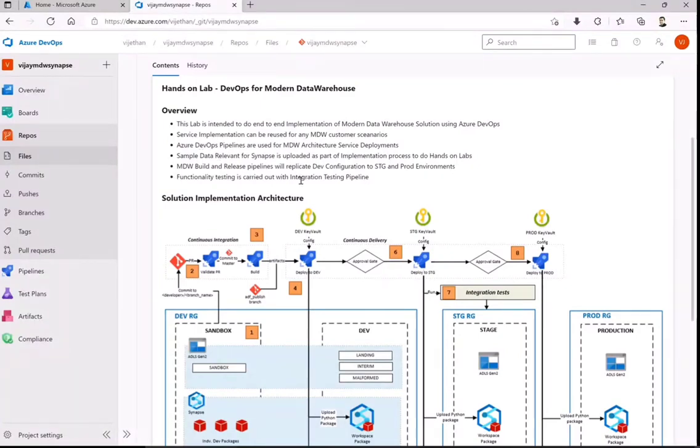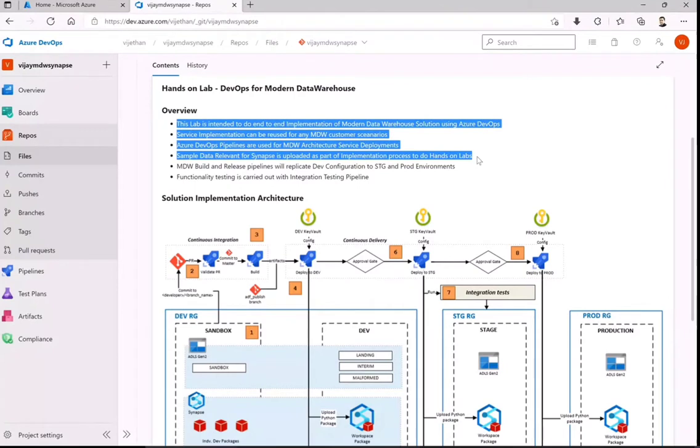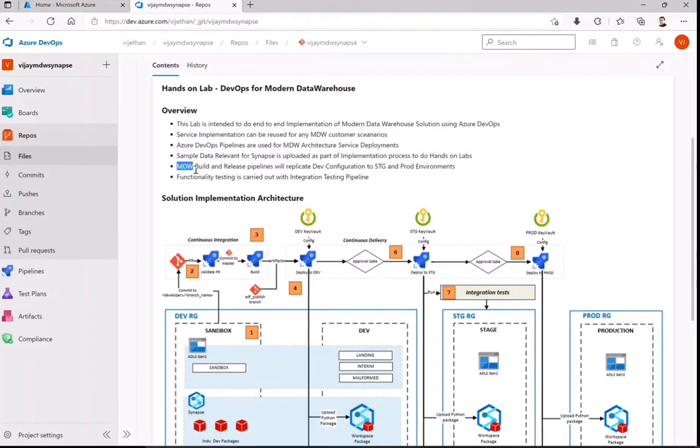While we do so, I will also provide you some sample data so that you can play around with that data after this setup is ready. So from an implementation perspective we are going to have this, and similarly the build, along with the functional testing, we will do next week so that you get hands-on with what we are doing as of now.